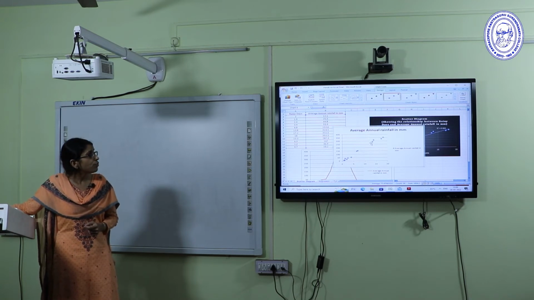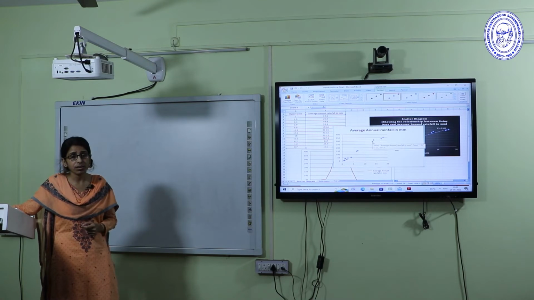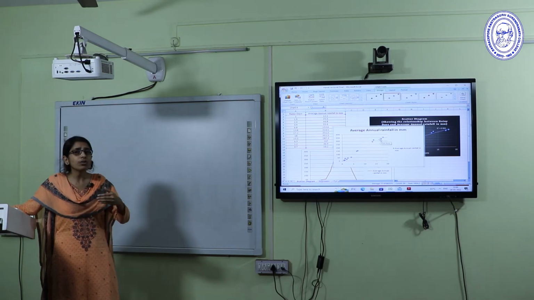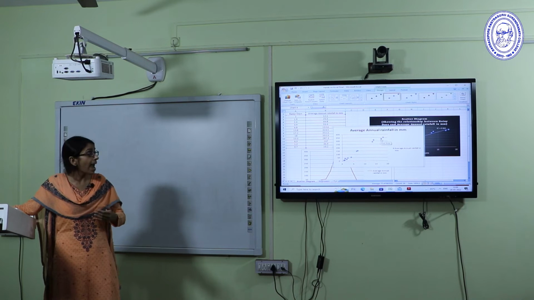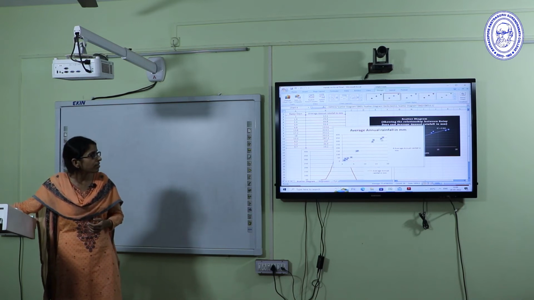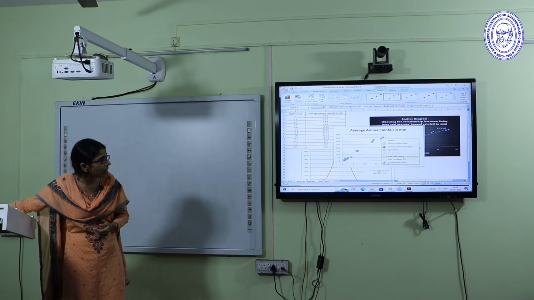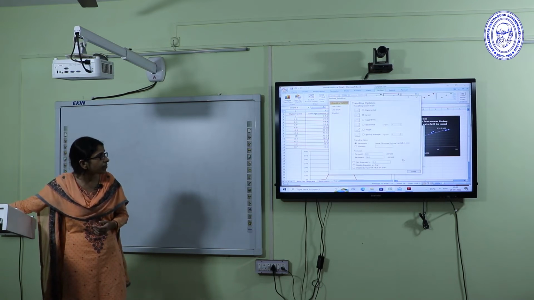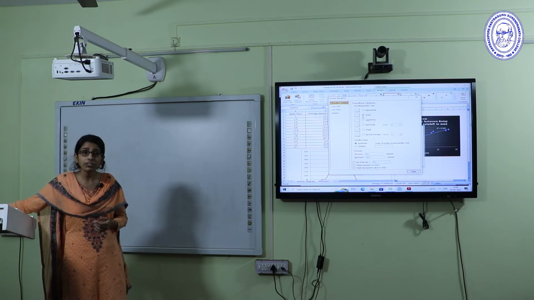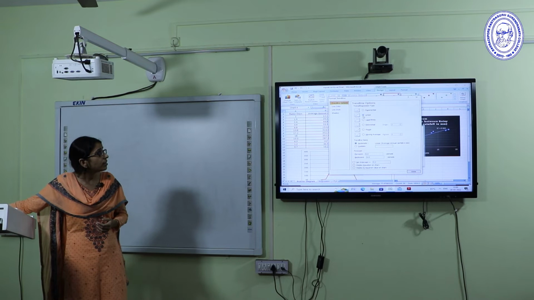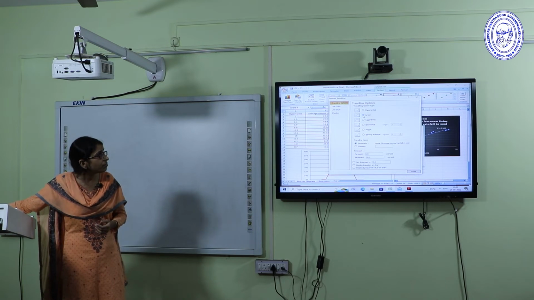And if you want to add a trend line, as we see that there is a positive trend, if we want to be more precise, we add a trend line. You select these points, right click, add trend line. Then, as this is our linear relationship, click on the linear checkbox,